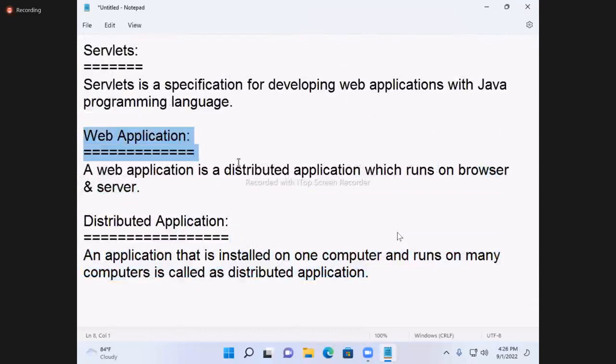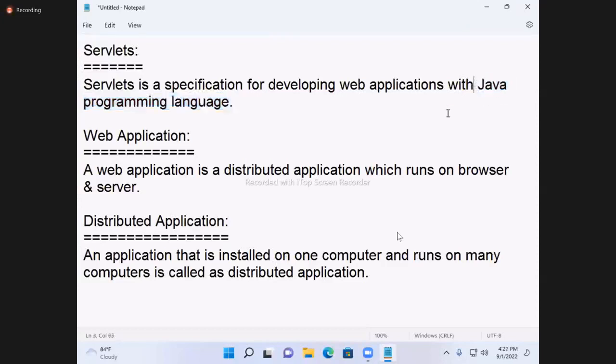That type of application you can develop with servlets. The language is Java, and the rules and guidelines are servlets. You already learned Java: core Java up to the exception handling topic. Whatever you learned, that is called the language.